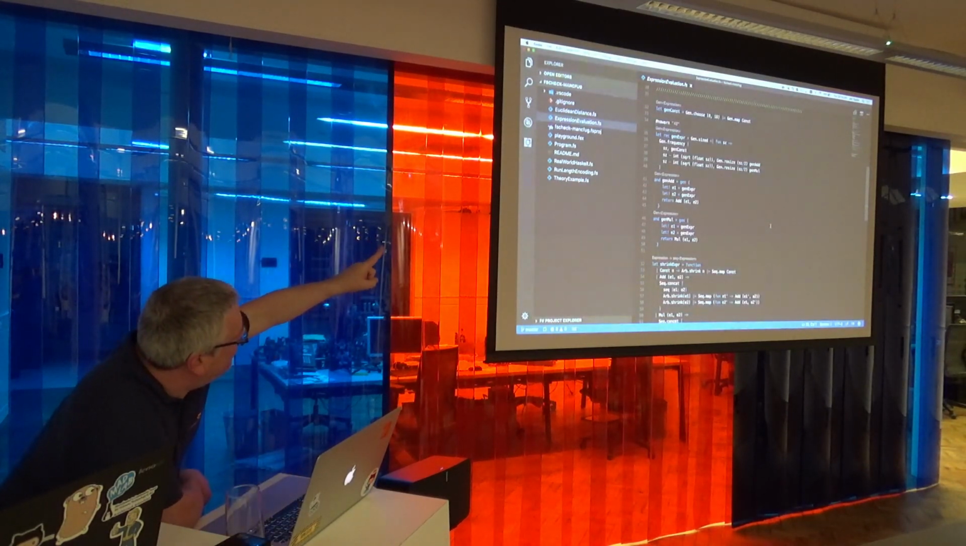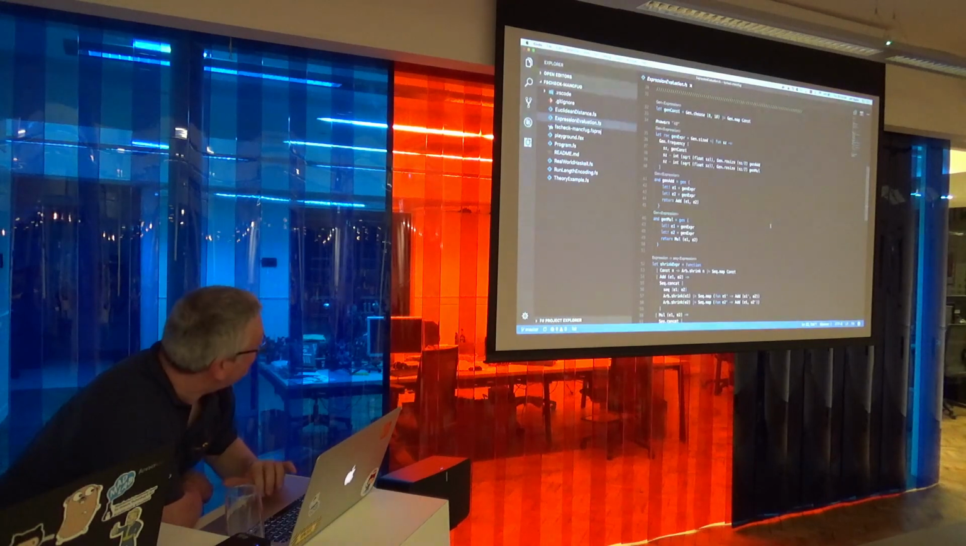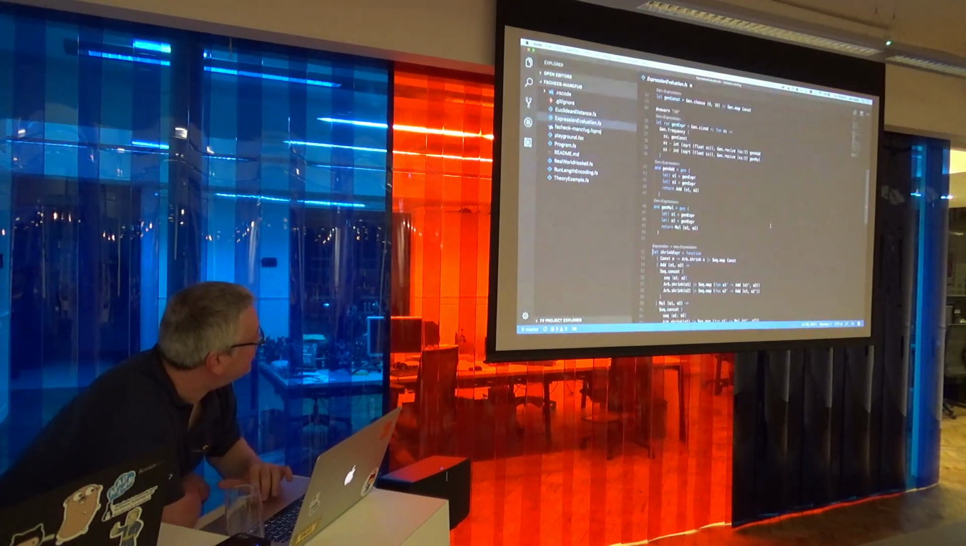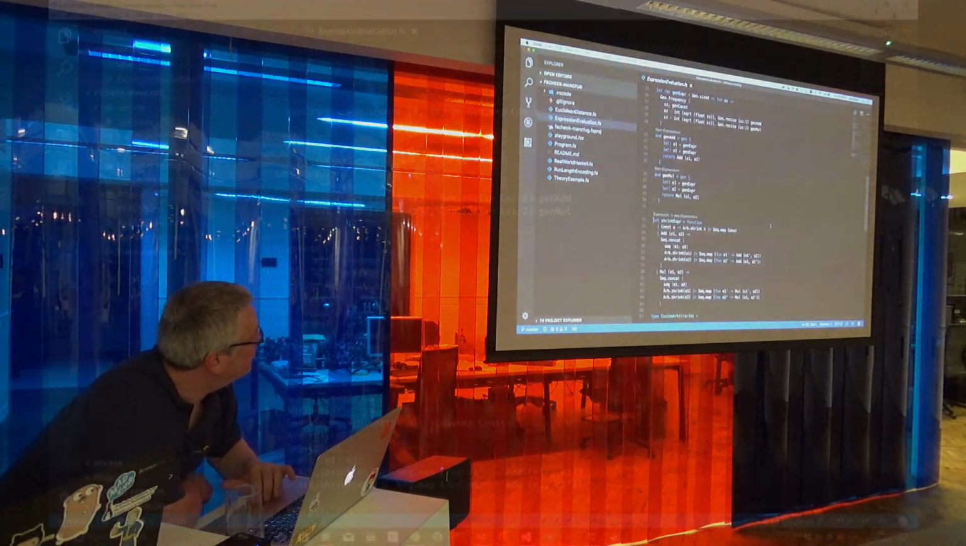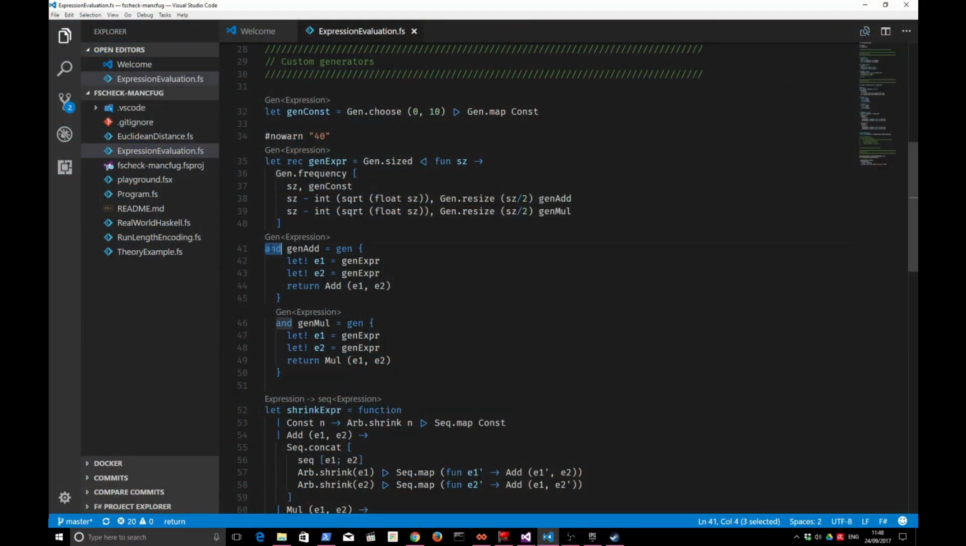So line 35 is our custom generator for expression trees. On line 41 and 46, you've got an "and" rather than a "let". Yeah, because